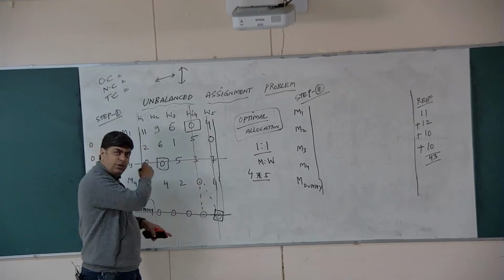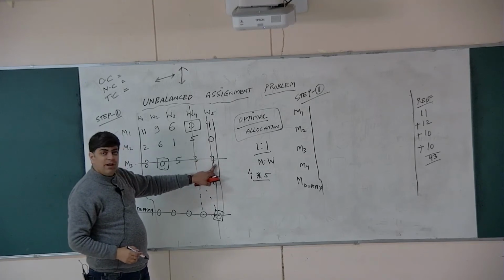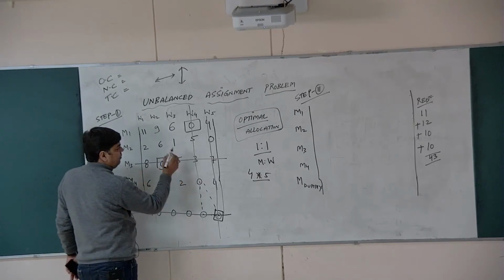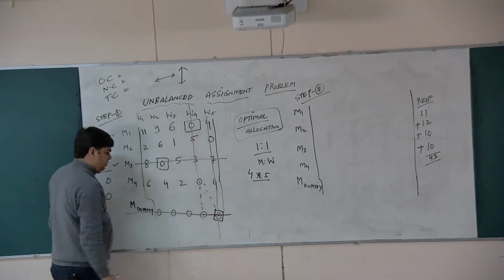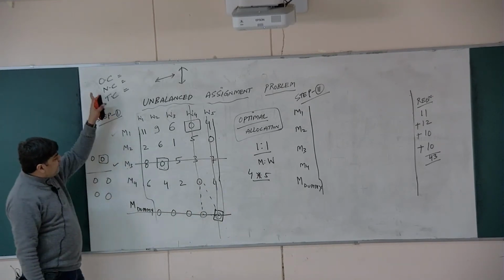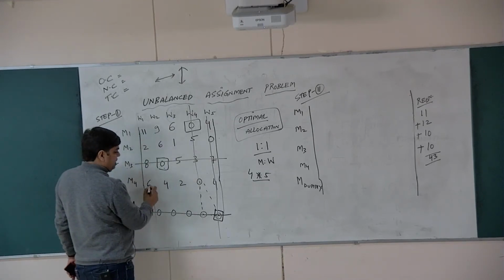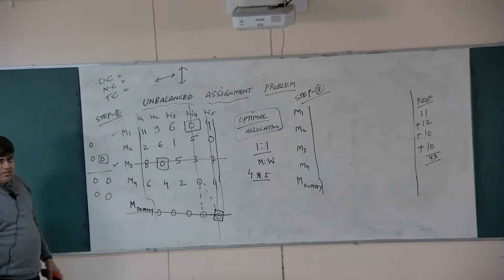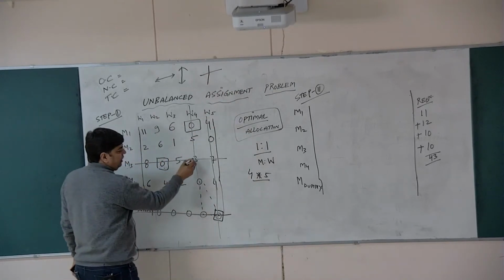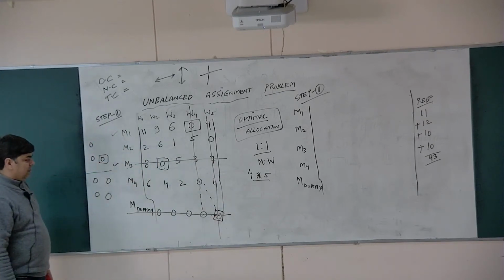This 3 has been cancelled horizontally as well as vertically. This 0 has been cancelled vertically. This 7 has been cancelled horizontally and vertically. So once cancelled means 0, 8, 5, 5, 0, 0, 4. What do you mean by not cancelled? Any element which has not been cancelled: 11, 9, 6, 2, 6, 1, 6, 4, 2, like this. And twice cancelled means the one which has been cancelled horizontally as well as vertically. So it is your 3, 7, 0 and 0.